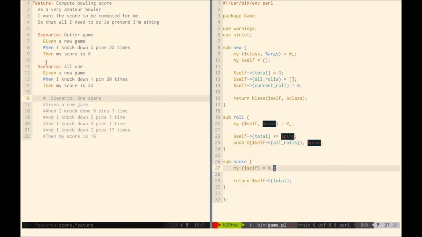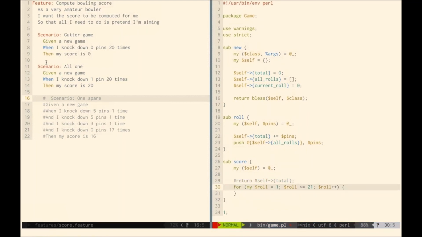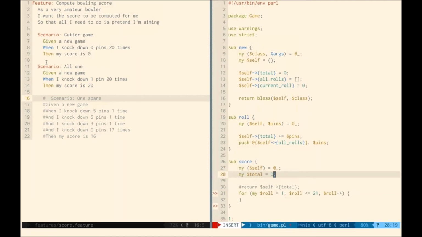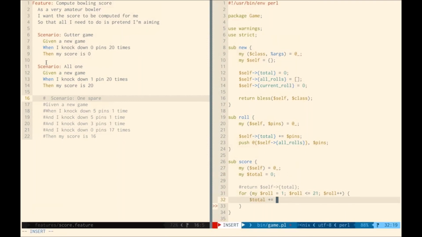Right? And then in score, instead of asking for the total, maybe do a for loop or something. So for my roll starting at 1, roll is less than or equal to 21, I think is what its maximum is. Roll plus plus. I don't want to do that. And I want to have a local variable, which looks awfully similar. And I want to say total plus equals